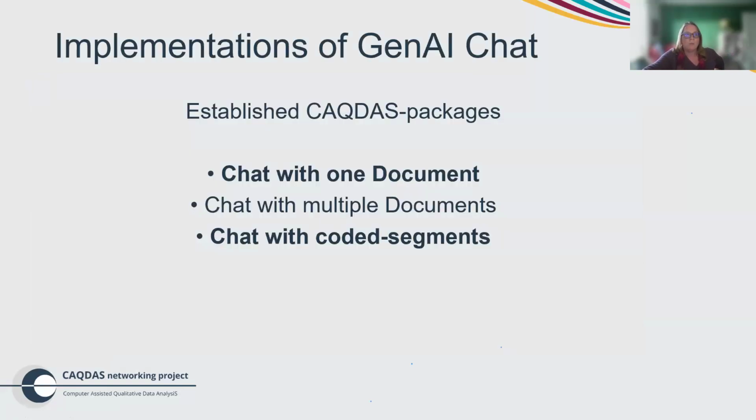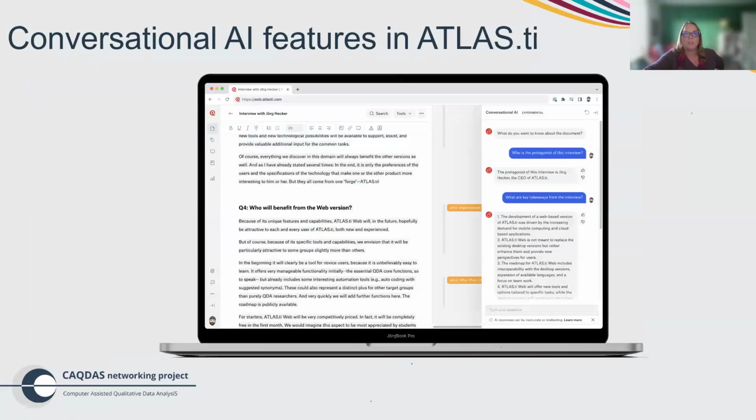Okay, very, very quickly, because I have super run out of time, I'm just going to show you what the chat looks like. So in Atlas TI, you have chat here. This is the online version of Atlas TI, and you can see that the interface is very similar to what you're used to in ChatGPT. The big difference is that you're chatting with your data only. So the large language model is understanding your data, but the response which is coming back in answer to your question is based on what's in your data. And that's really important to understand.